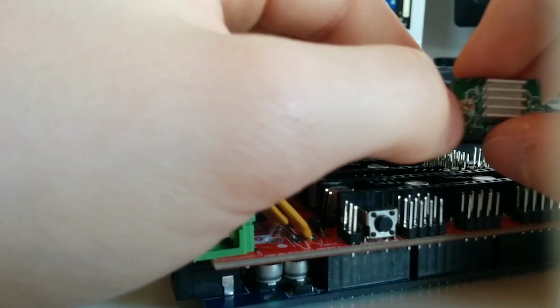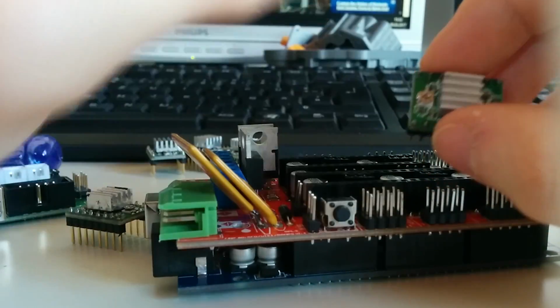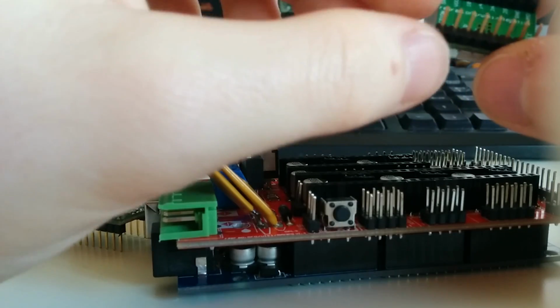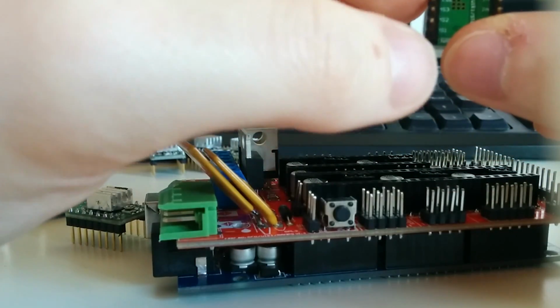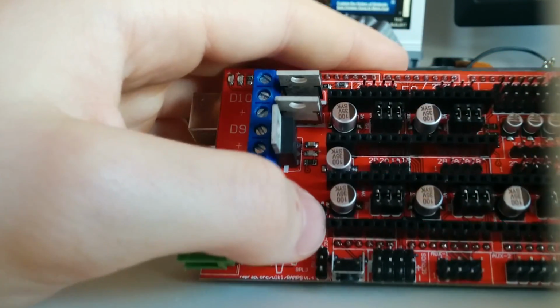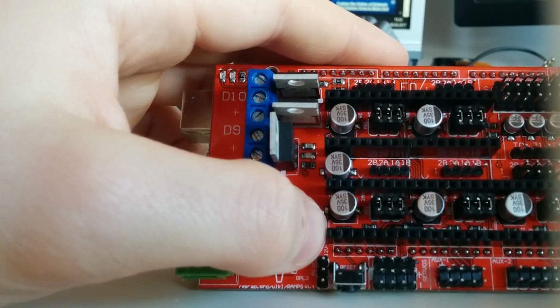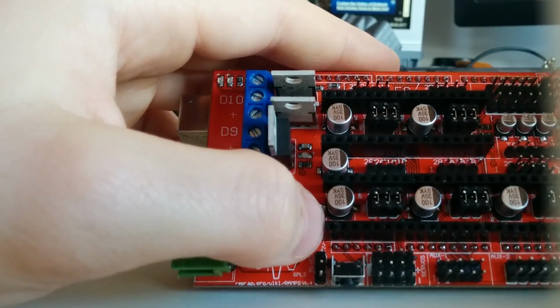a lot of times it's just said that you look at the potentiometer and place them in your RAMPS board. I wouldn't do this that way. I would just look at the bottom of that. You see there direction, step, sleep, and so on. And then you have a look on your RAMPS board where these match. And then you place your